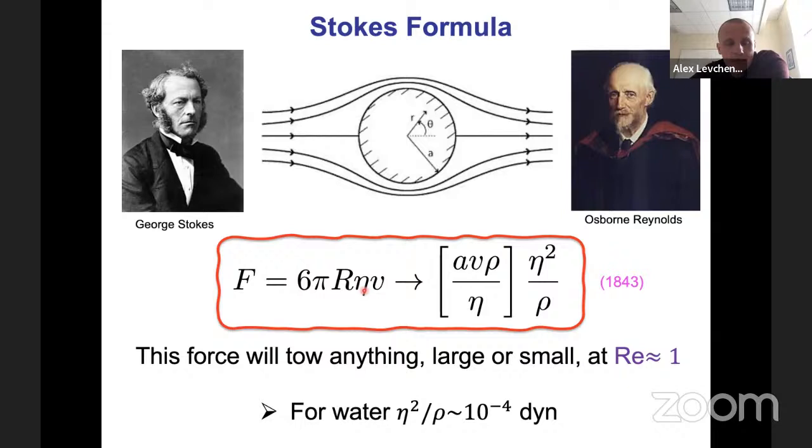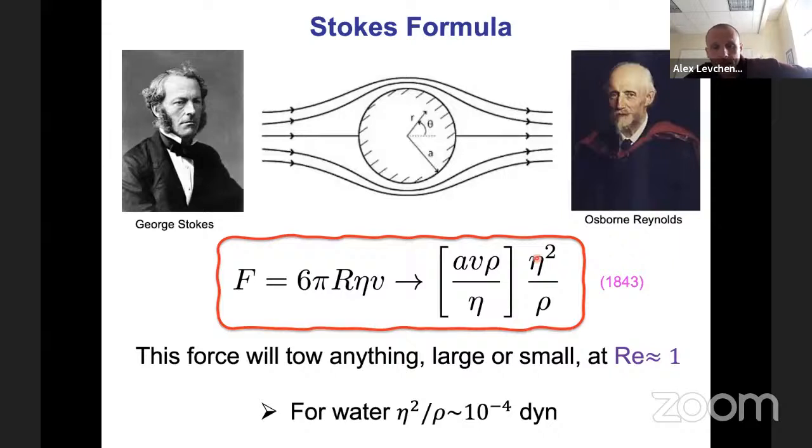And a fun fact about this formula that is transparent, but maybe not immediately known to you, is the following. If we disregard this numerical coefficient for a second, and we do a small trick, we multiply this equation by an extra power of viscosity. So we have viscosity squared over viscosity, and then we multiply and divide by the mass density of the fluid. Then we will be able to form this dimensionless coefficient, where a is a typical size of the object, for the sphere the radius, v rho a over eta, and this should resemble the Reynolds number, and then the remaining factor is the ratio of viscosity squared over the mass density.